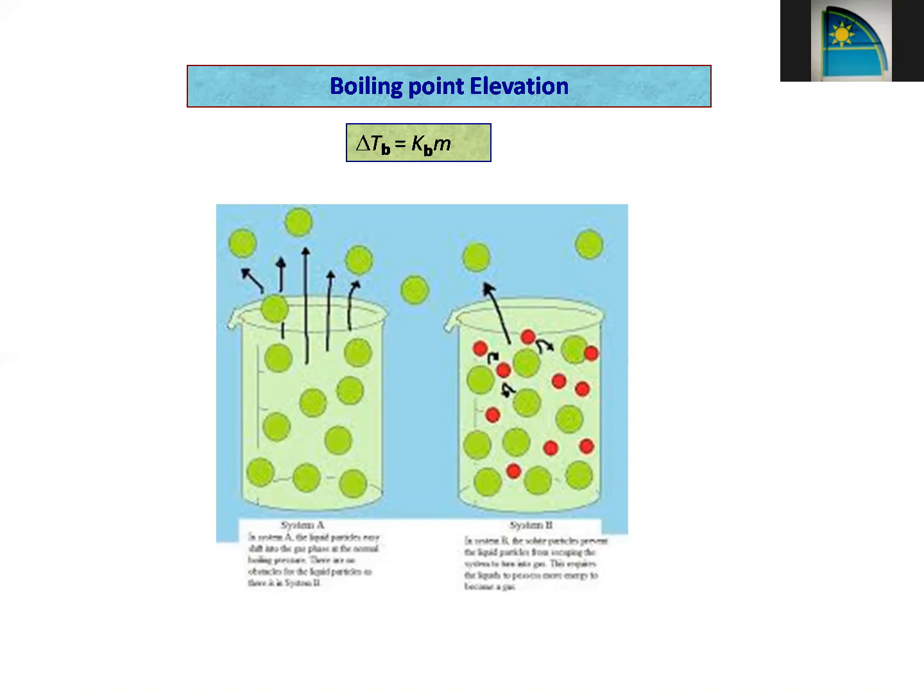Both boiling point and freezing point can be explained on the basis of entropy also. When we have a liquid and the liquid boils and becomes gas, the entropy increases, and increase in the entropy means stability increases. But when the liquid already has some solute particles in it, then the entropy is already there and the tendency to go into the vapor state becomes less. So that can also explain our lowering in the vapor pressure, which in turn leads to the elevation in the boiling point.